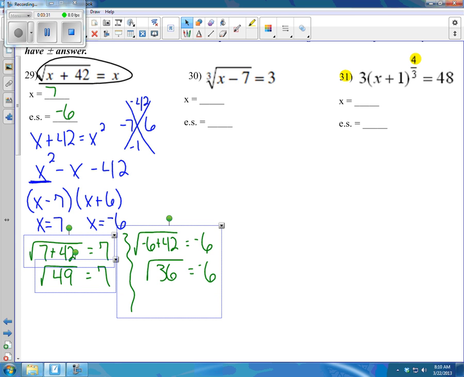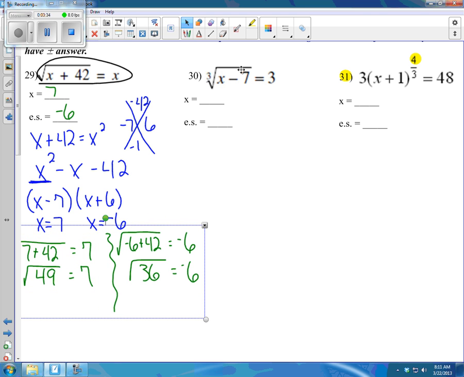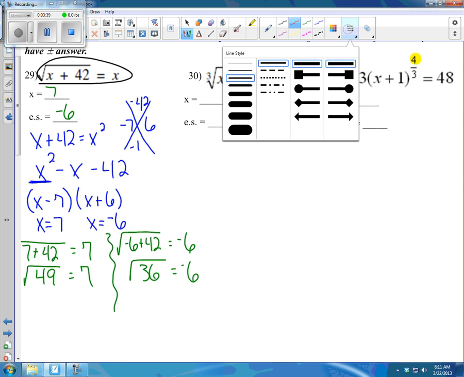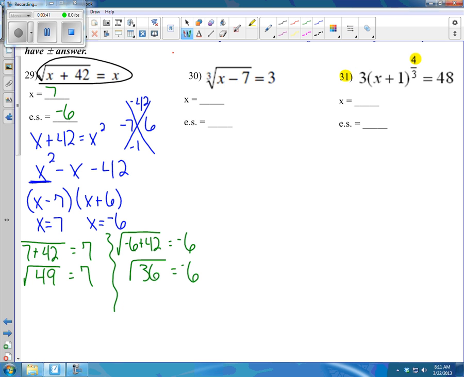Now what I'm going to do, move that over a little bit, is go to my next problem. On the next problem, again, my job is to get x by itself, but I can't touch the x until the cube root's gone. So to undo a cube root, I'm going to cube both sides. The left side just becomes x minus 7, and the right side becomes 27. And now to get x by itself, I just add 7, and when I'm done, I get